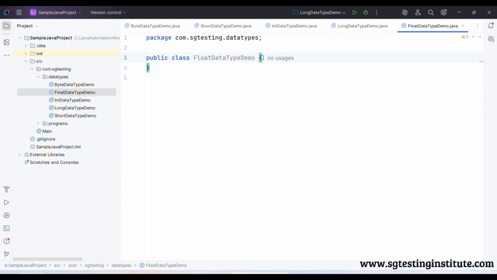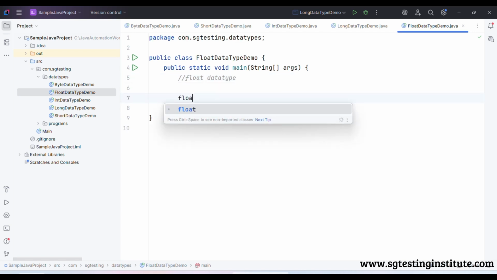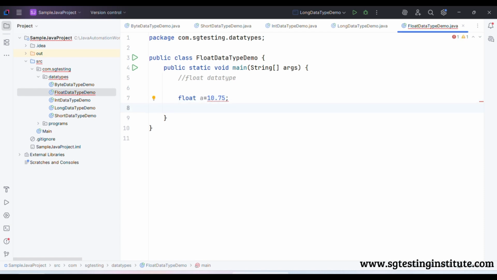And we can specify the main method. Main is the entry point, float data type. Now we can take one example. Float a is equal to 10.75. Okay, we can try to print the value a. So now if we try to execute,